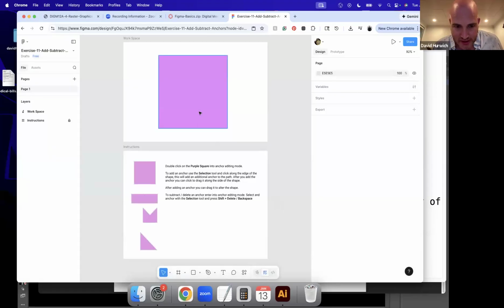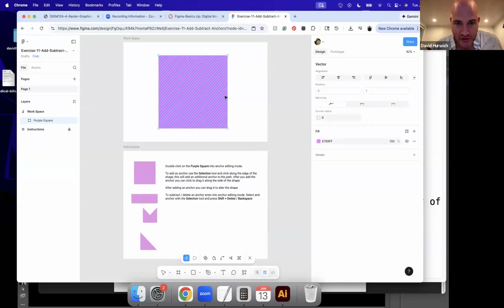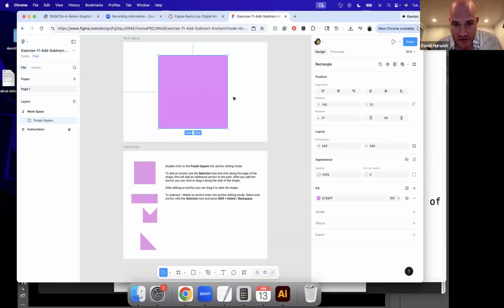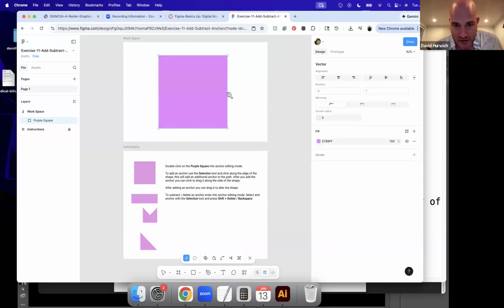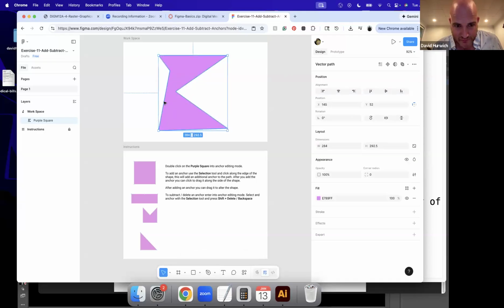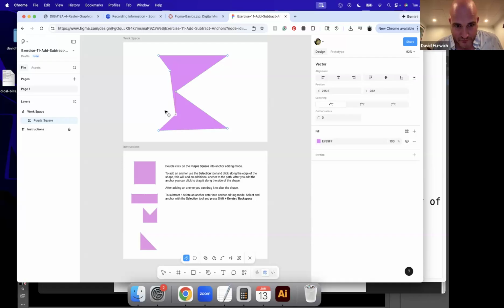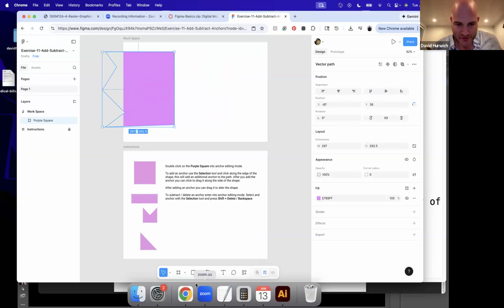All right, so we talked about adding and subtracting. So you can add anchor points to an existing vector shape. I could hold down Shift plus return. By the way, let's just kind of play around with this with some of the existing things here. So like if I were to create